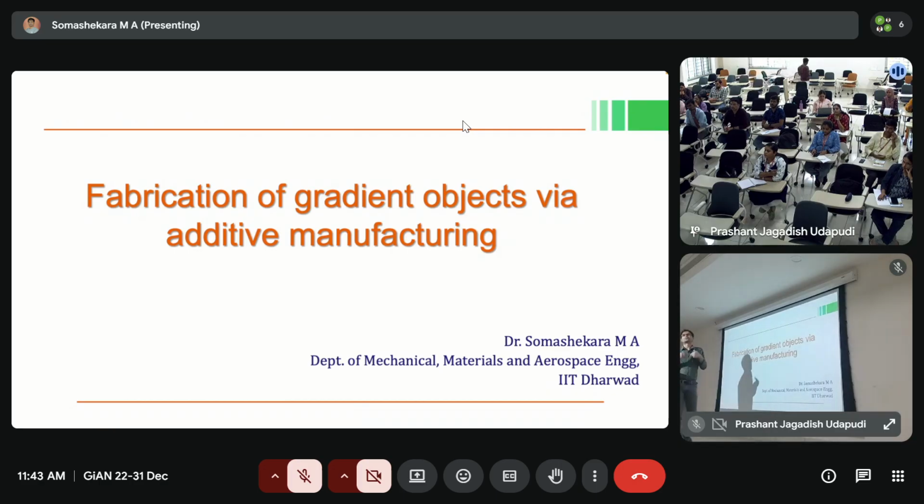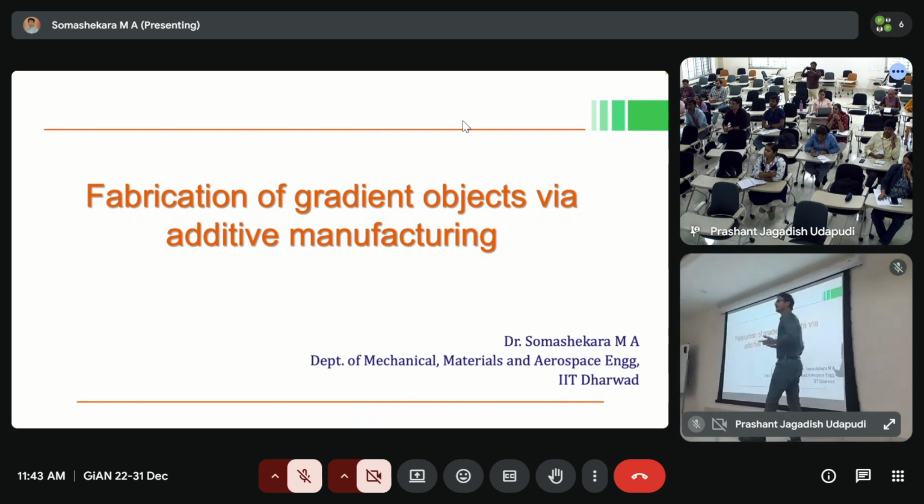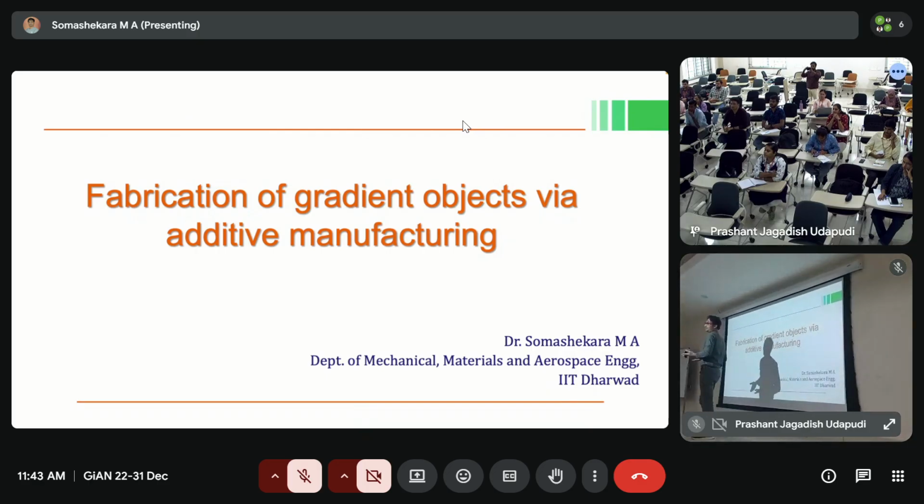So you may have different requirements in terms of properties, or in terms of application, right? Or you may have different issues in terms of joining materials together, right? So when we talk about a gradient structure, we go one step above composite structures. So far you might have heard about composite structures, right, where we have different laminates,